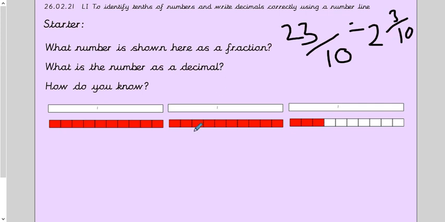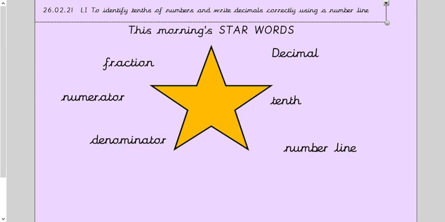And then as a decimal, it would be 2.3 because there are 2 wholes, so there's 2 ones, and then there are 3 left over, 3 tenths, so therefore it's 2.3. Okay. So, moving on into today's learning,